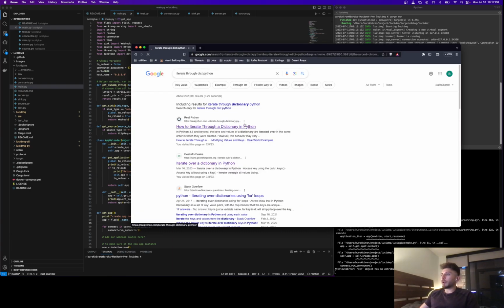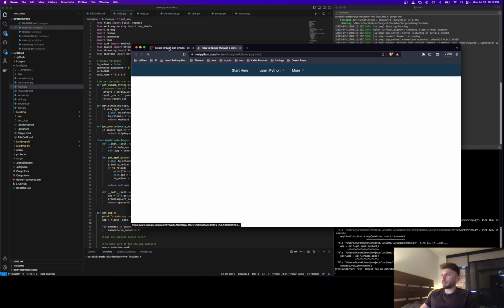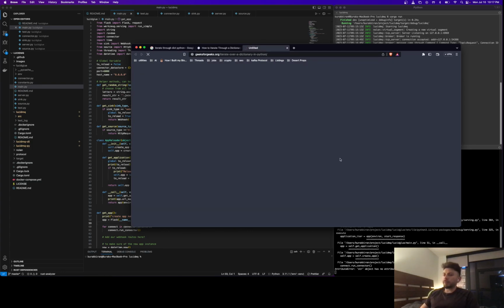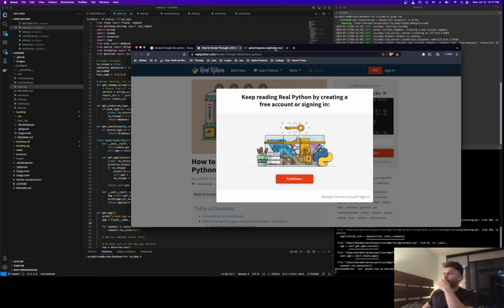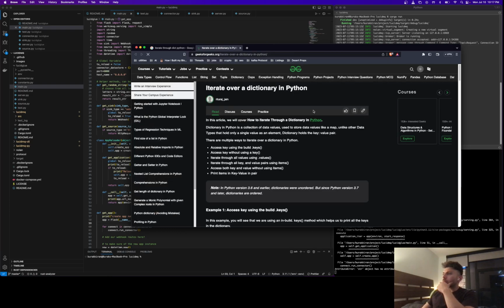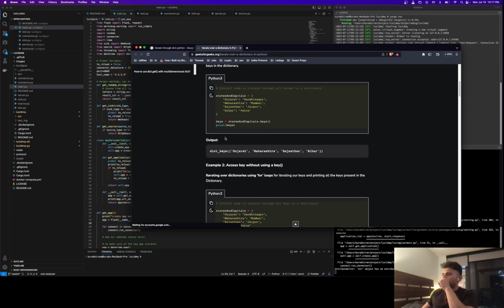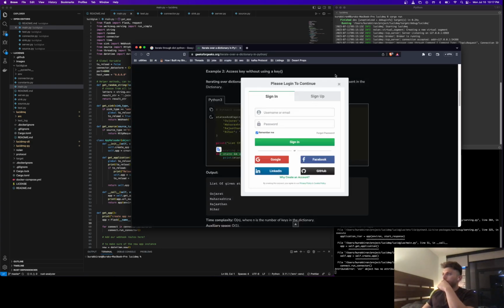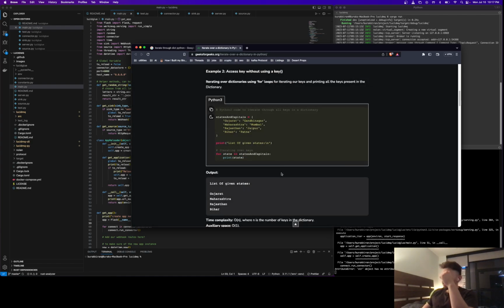We just need to figure out how to iterate through a dictionary. This is going to be freaking paywalled, so let's go through here. See, junk. And keys, for state, and access key without using a key. And so